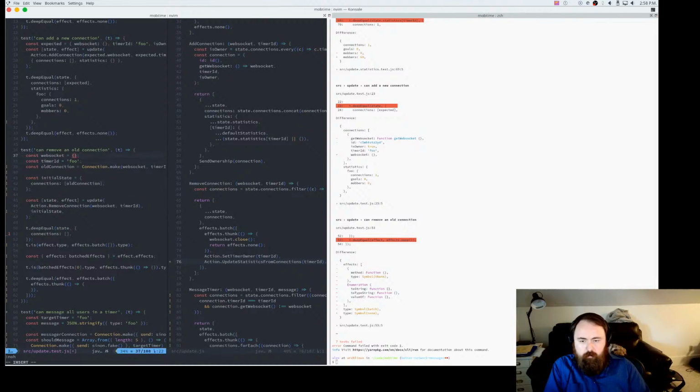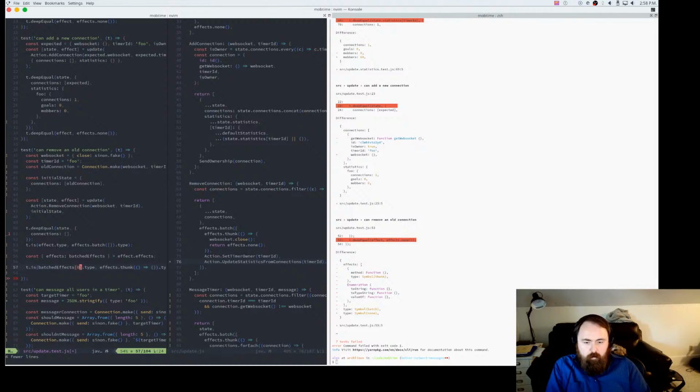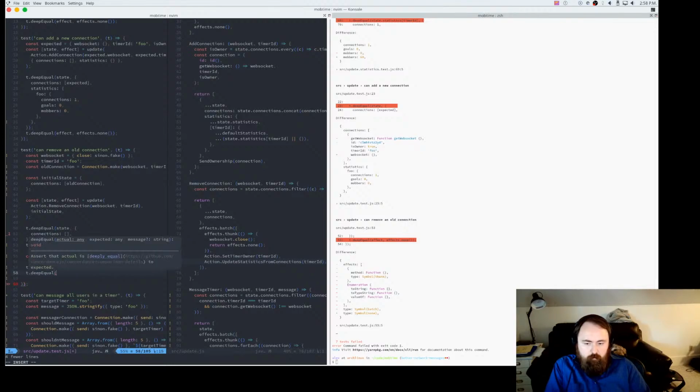So now our first thing is going to be a thunk, and our second thing we can do deep equal batched effects 1 dot value of.